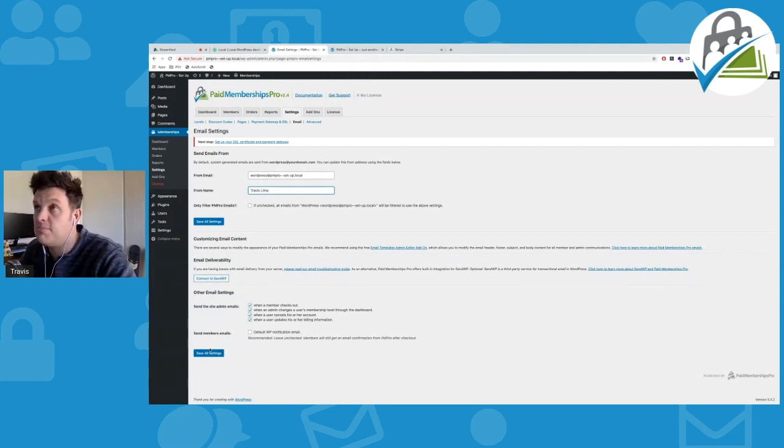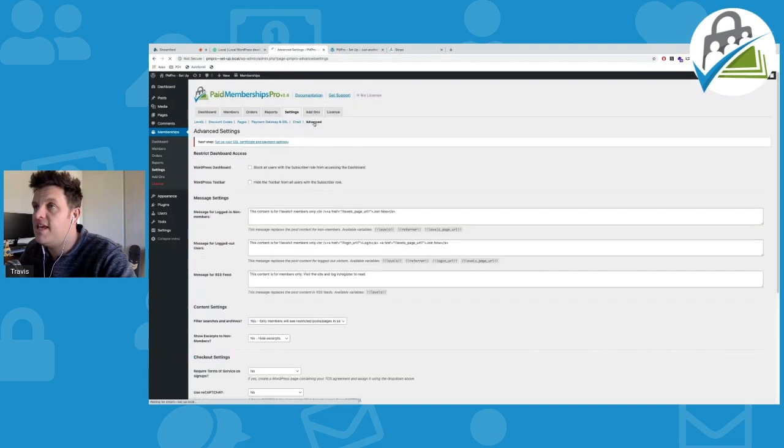I want to get to the meat and potatoes of actually setting up a couple of posts and maybe restricting them so you can see how that works. So I'm just going to go ahead and save my changes over here. And then lastly, on the advanced settings section, this is where you can do a couple of things with your